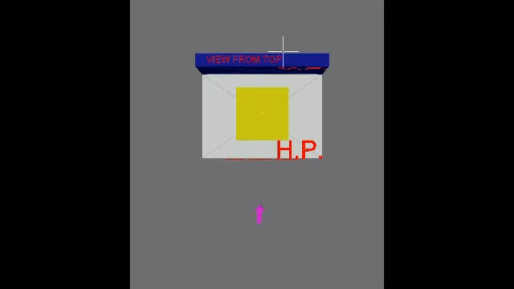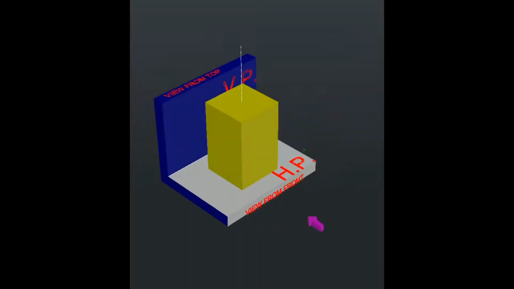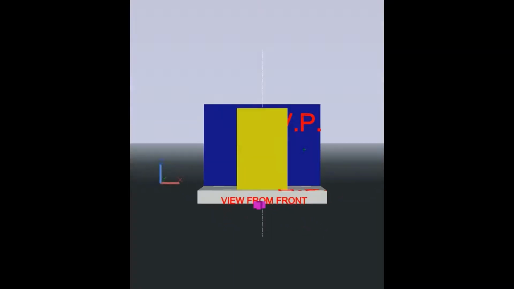And when you see it from the front, when you see from front, there will be a rectangle because square prisms will have rectangular faces. Every prism will have rectangular faces. So the front view is a rectangle. Now we will see how to draw this in the drawing sheet.